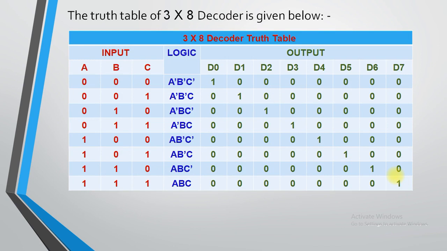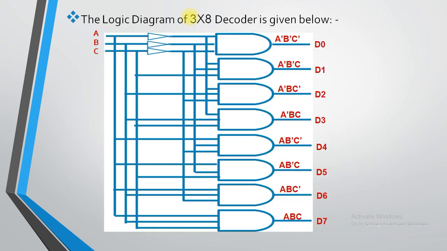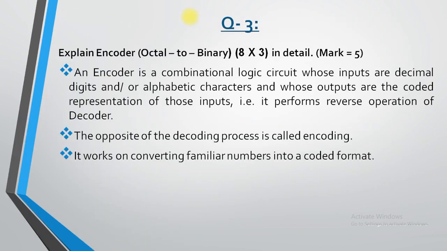Now what is our next requirement? We need to write encoders, right? In our syllabus, decoder is of two types, 2 by 4 and 3 by 8. That's why we have taken an example of both. But with encoder, we have the 8 by 3 encoder only. So we will create an encoder for 8 by 3 input lines and output lines. Now let us begin with today's session.